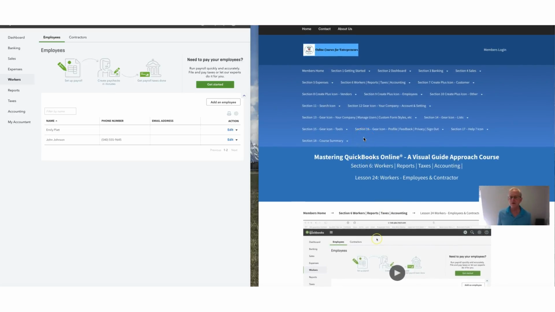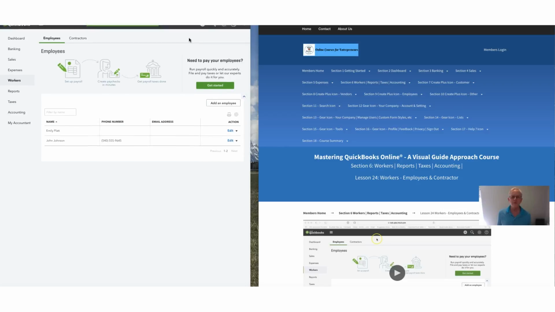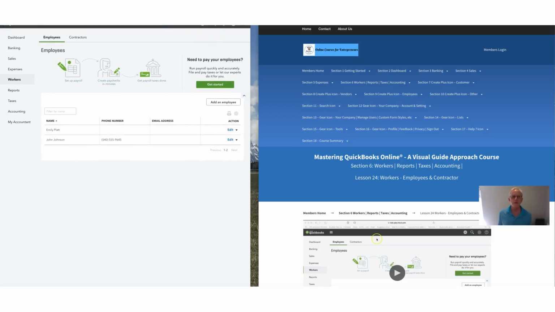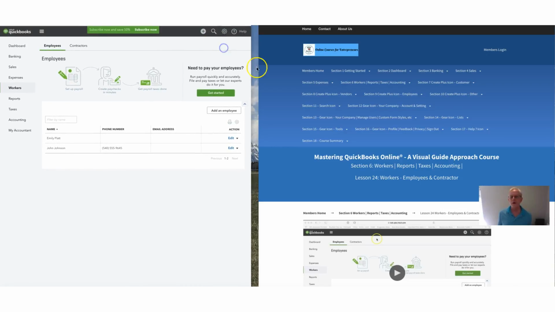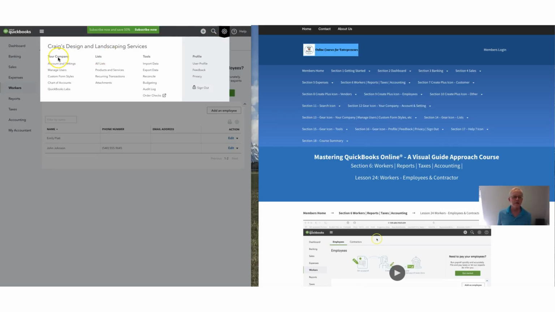Let me try another one here. Let's say that you wanted to set up your company preferences. That's going to be under the gear icon, which is right here. So you would click that, and there would be a video on all this right here, over here on gear icon, your company, and settings. As you can see, it has company, sales, expenses, and advanced. So if you clicked on company,